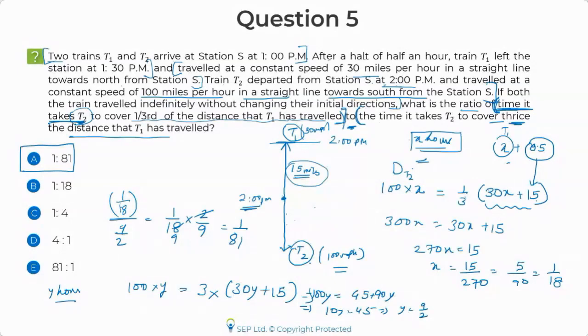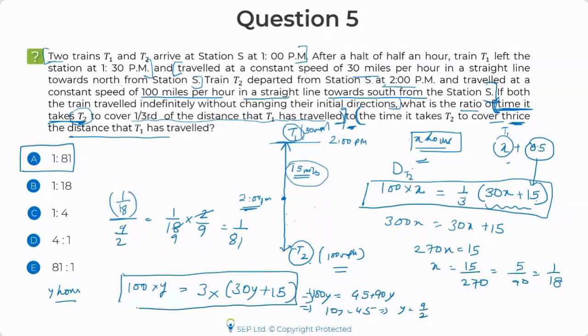Okay, even if it takes you, for example, think about it, even if it takes you 2 minutes to set up these two equations. Okay, let's think for a moment about that. 2 minutes. It won't take you more than a minute to simplify and get these two values and find the answer. So the key here is to spend time in finding these.